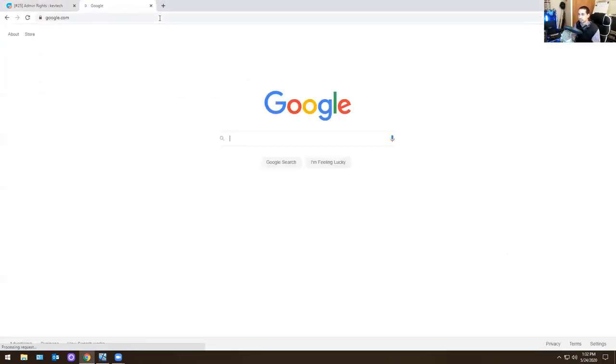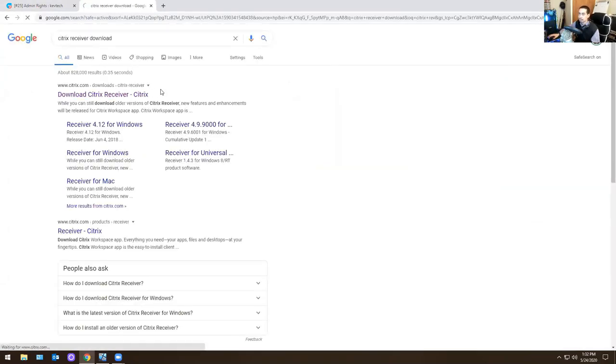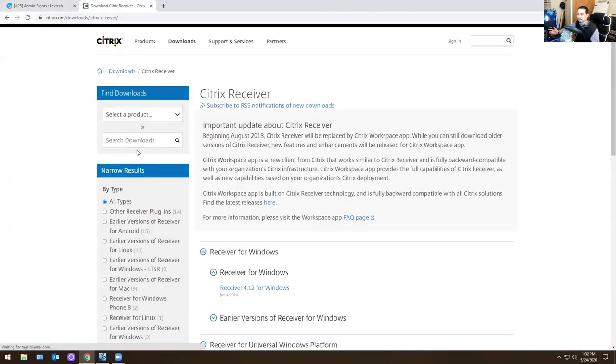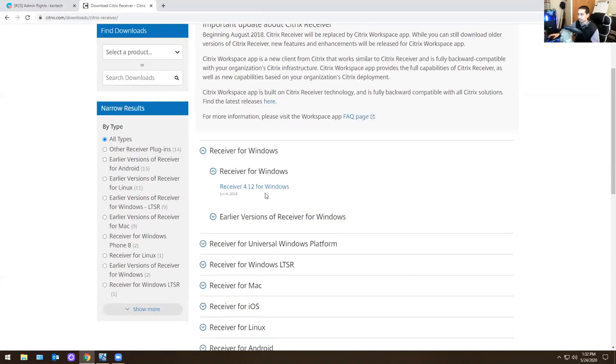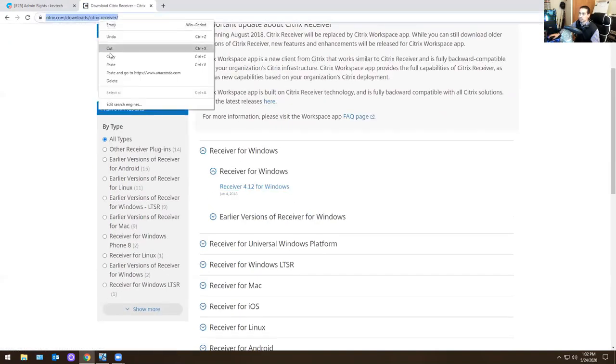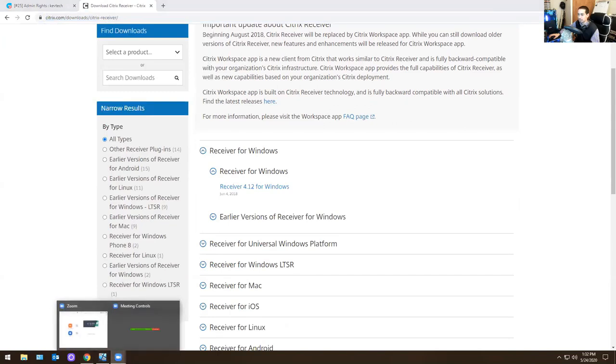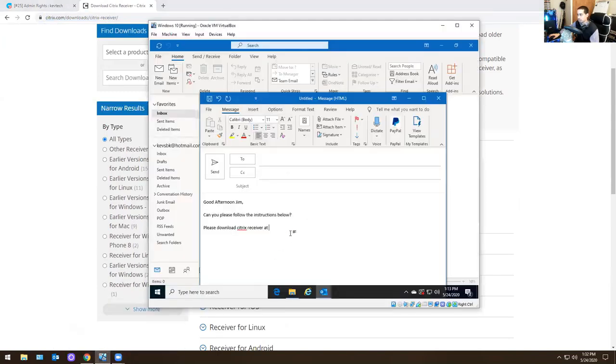So you go into Citrix Receiver download. You look for the right one. You have to figure out if he has a Mac machine or Windows machine. So you send him to this website. If he has Windows, you do this one. And then you go back into it, go to please download